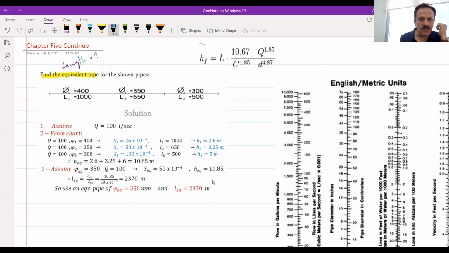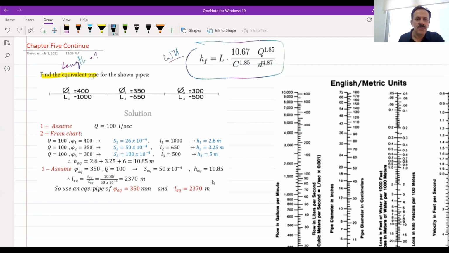What should I do? This is, by the way, the Williams-Hazen equation after some modification. You can use this one or you can use this one. But if you have C equal to 100, it is easiest to use the nomograph. If you don't have that C, you just use the equation, that's it. If Q is not given to you for these pipes, you should assume a value of Q. The assumption will be either 50 or 100 liters per second. So this will be used for the assumption.